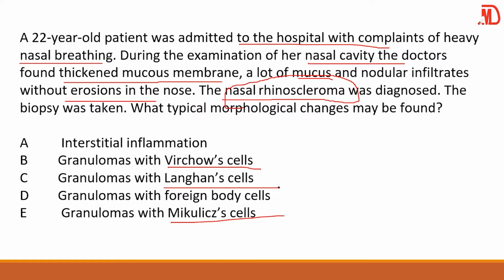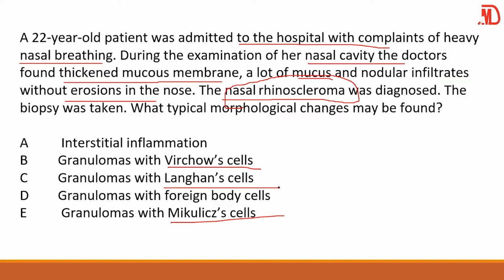Good. Now, in syphilis, you will see Gumma cells. Gumma cells will be very, very pronounced. So these are the basic granulomas and their cells that you need to look out for when